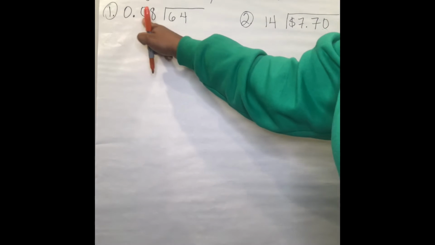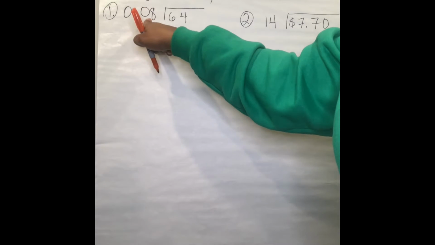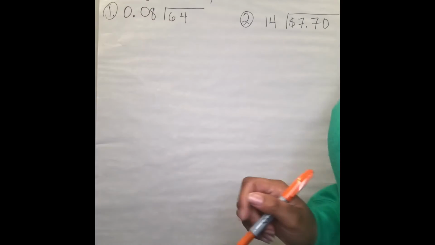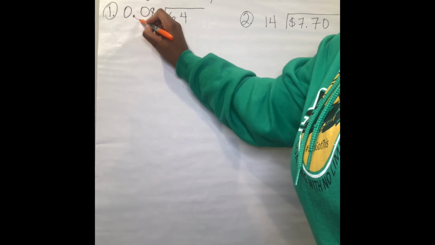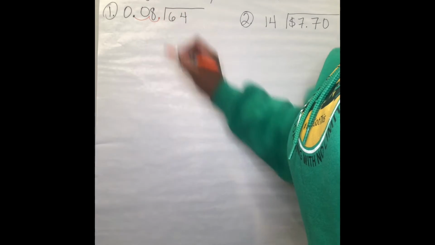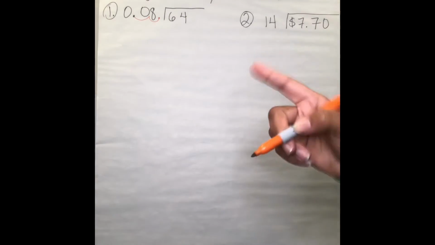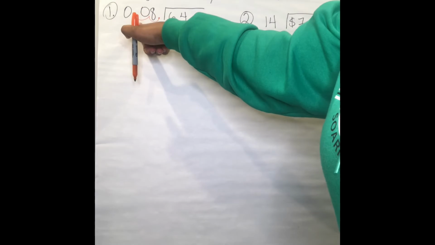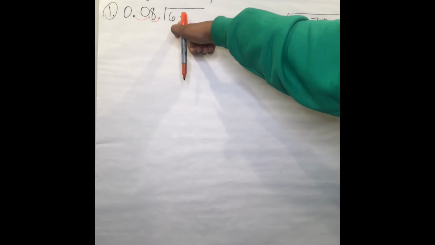So how many times should we shift the decimal to the right in 8/100ths? You're right, twice. So let's go ahead and do that. 1, 2. So now I just have 8. Now, in order to keep the problem balanced, whatever I do to the divisor, I must also do to the